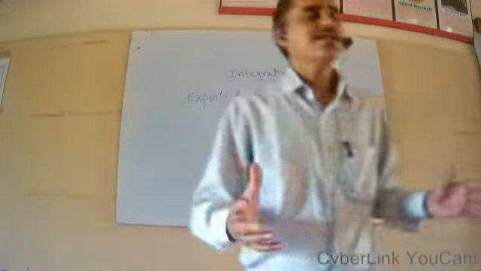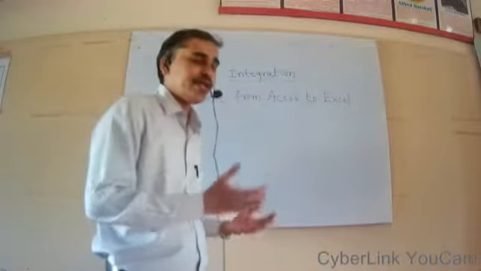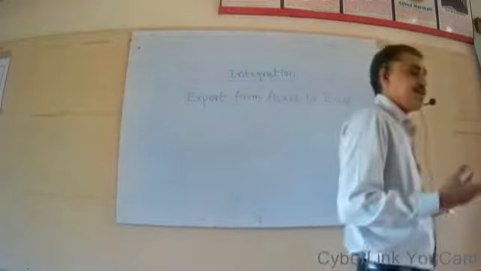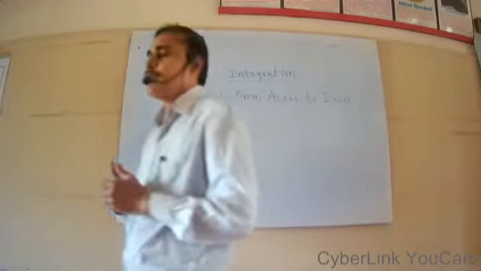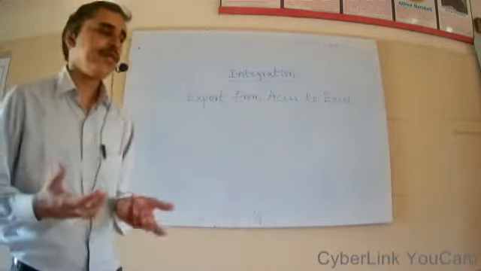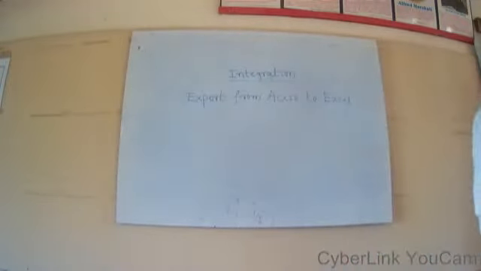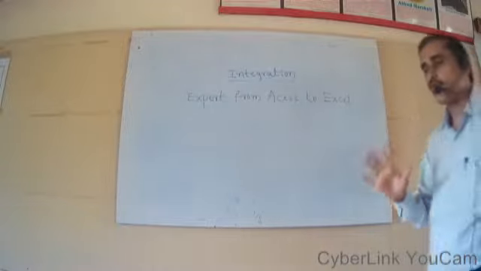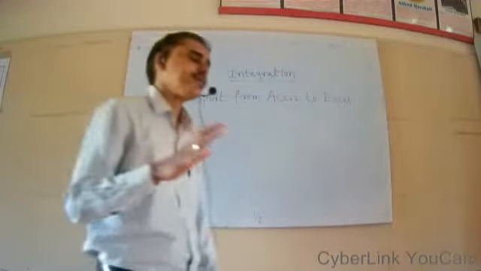When MS Excel opens on your screen, I want to check whether that exported data from Access is available here or not. How to do that? Can anybody guess? Yes, we have to open an already available file, because it is saved there. In Access, while transferring, we gave a particular location and a name, isn't it? So we have to open that. For that, go to the Office button and choose the Open option, or you can press Ctrl O.